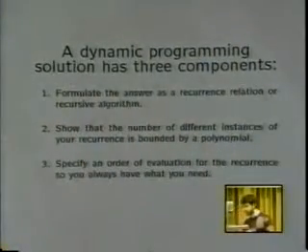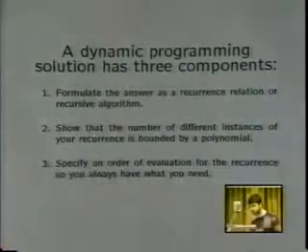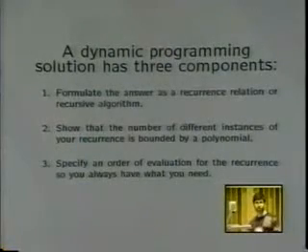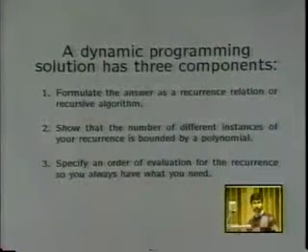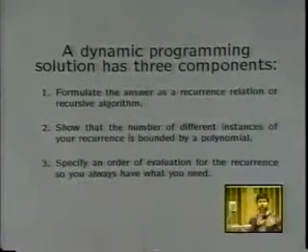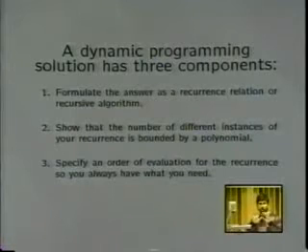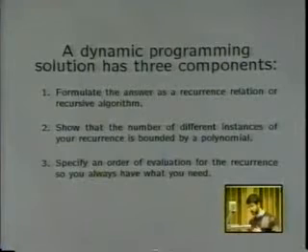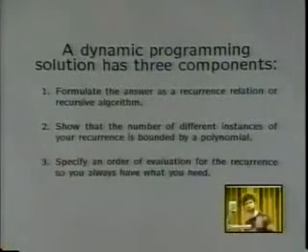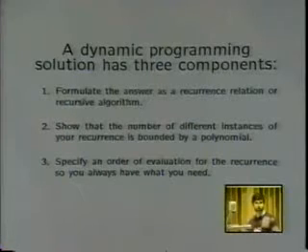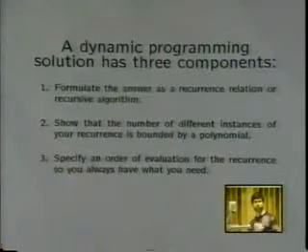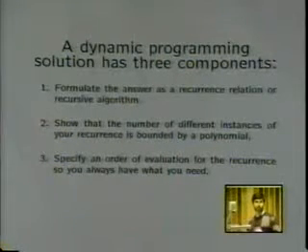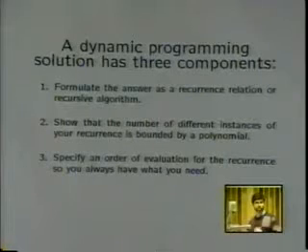So what do we have when we have a dynamic programming algorithm? There's three things to look for. This is what you should notice every time we do it. First, you formulate your problem as a recurrence relation. Try to figure out what I need from my previous stuff in order to get the answer when adding the next element. I show that there's not too many of those possibilities, so I can store them all comfortably. And then I order the way that I evaluate it, so that whenever I need something, it's there. Those are the three components to what we're doing.